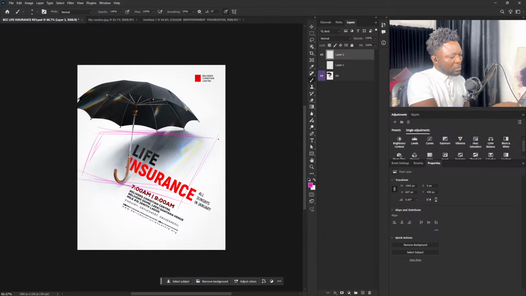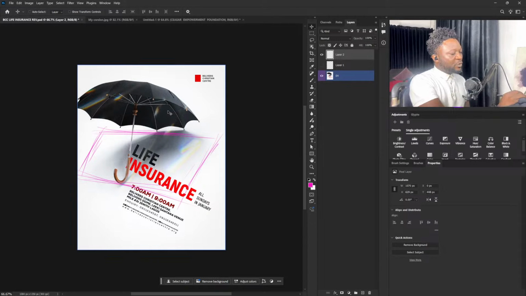Okay. So in my last tutorial, I explained the part of first solving the horizon line. There's also the part of solving the floor of the image before you place your content. So you can always place the image here. In fact, this area here is the best place to place the title. Why? Because the artwork is talking about life insurance, and we're supposed to make this illustration look like it's protecting